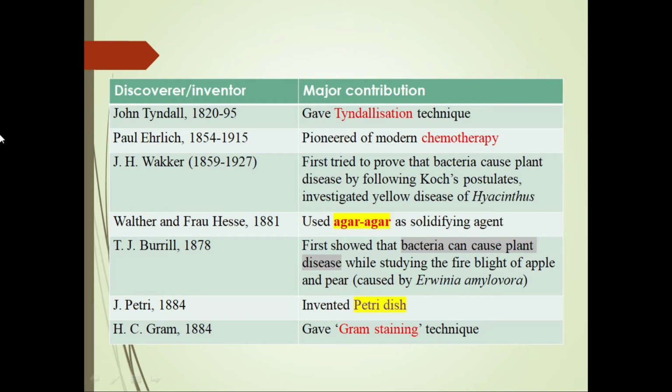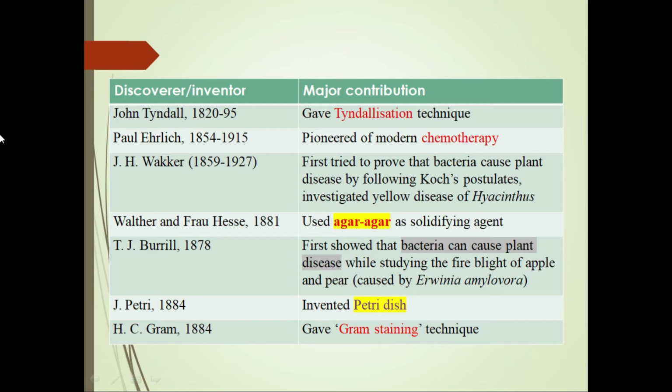Whereas agar-agar is better as a solidifying agent at room temperature, 25-30 degrees Celsius. Agar-agar keeps the medium solid. Melting temperature of agar-agar is 44 or 45 degrees Celsius. So the discovery of agar-agar as a solidifying agent in the year 1881 has been a significant achievement in the microbiological lab because it helped the scientists, laboratory researchers